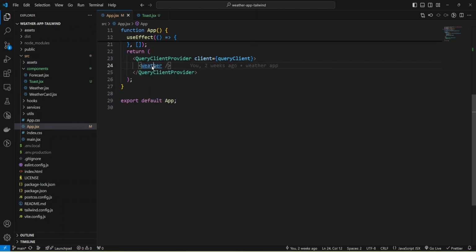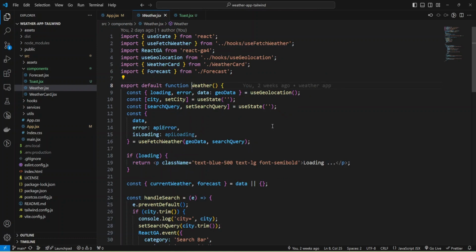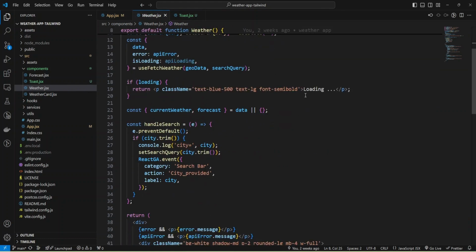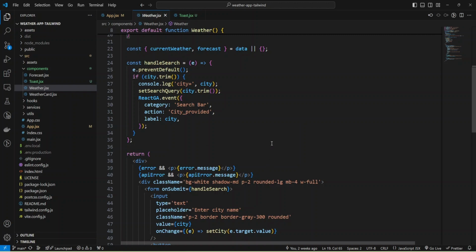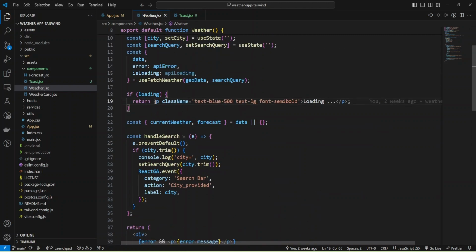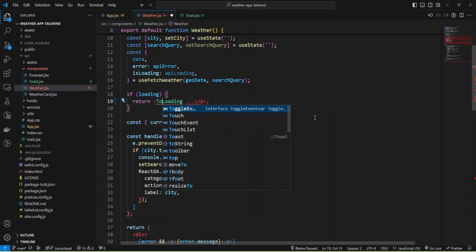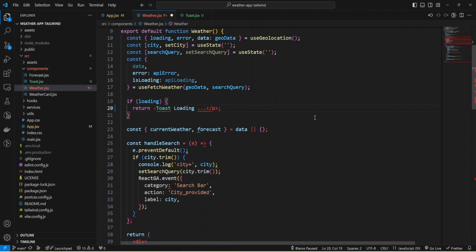And now I'm going to open my weather component, and as you can see, we have some messages here, and I'm going to change them to my new component. Let me do it. Okay, and now I can provide a message instead of this text.